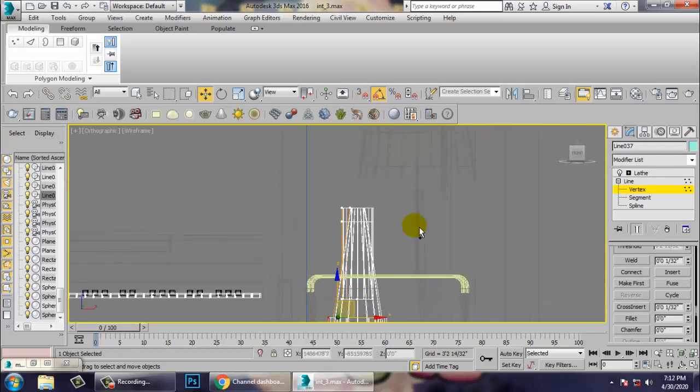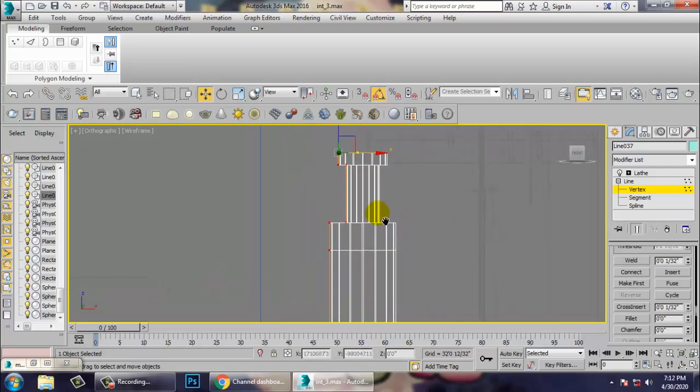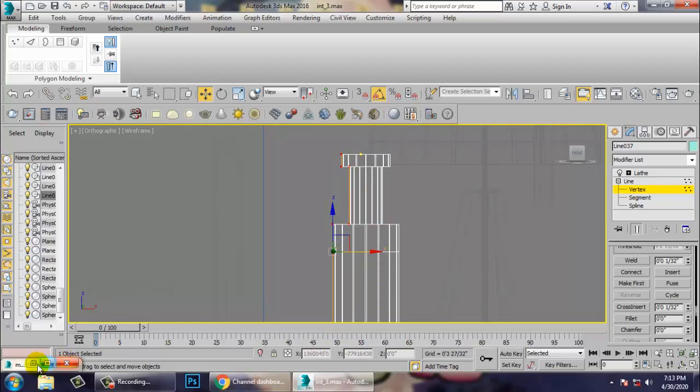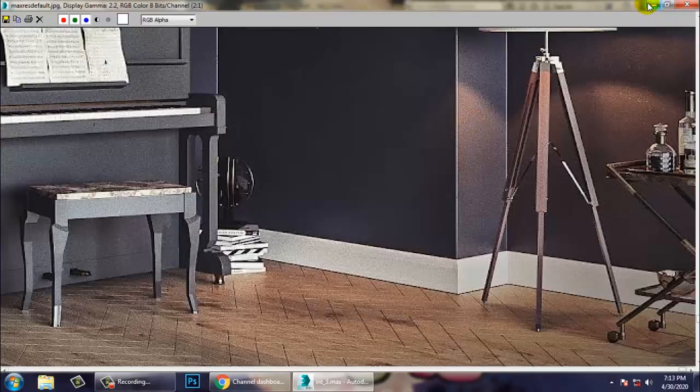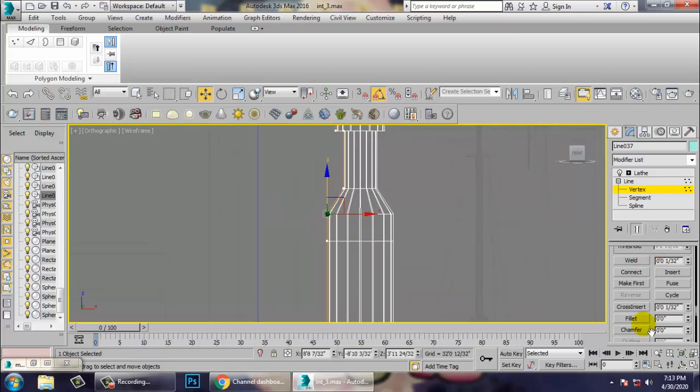So just select this and just push it a bit inside over here, and this part we need to push it a bit down in this way. So select this and let's give a bit of fillet.